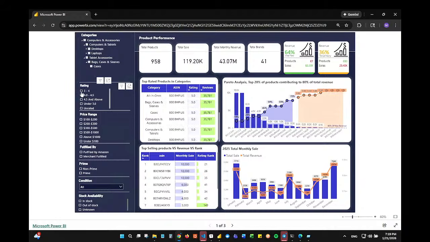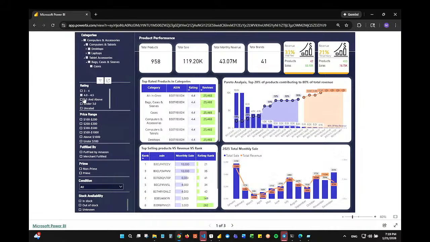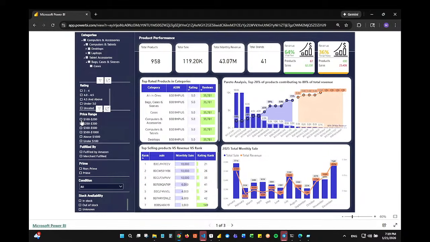Also, in our filters, we have ratings. So if you want to find products whose rating is 4 and above, you can select those. And then you have the price range here, based on the ranges that Amazon uses. I don't think this matters for the users, but for the company